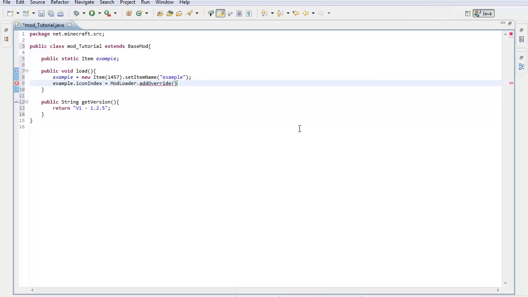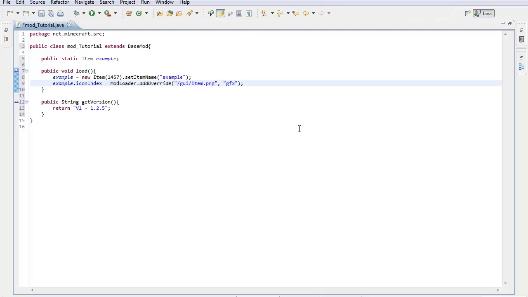You'll do this. Let me just finish that off. And then you'll type in the first two parts, comma, and then it'll be actually okay. So it will override. I think it's GUI/item.png. And then you type in the new place that you'll find the icon. So we'll just type in like